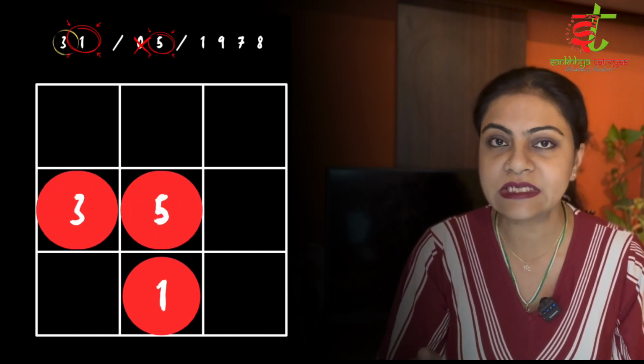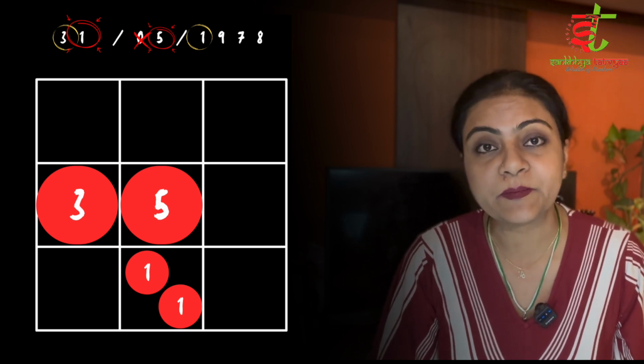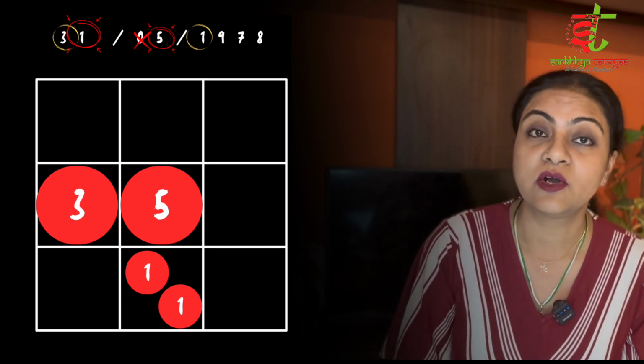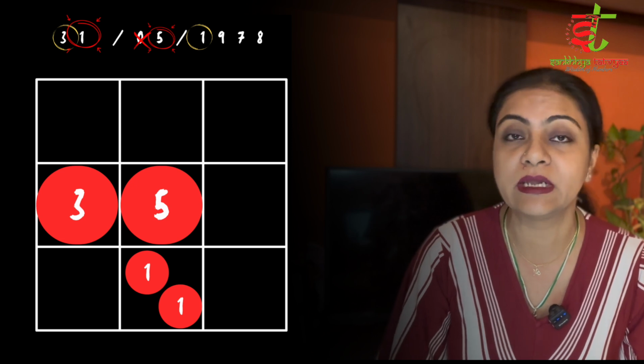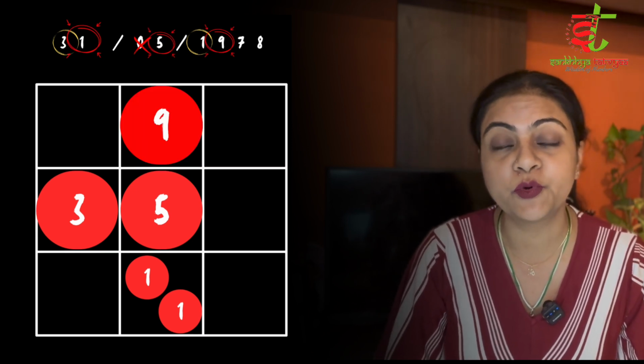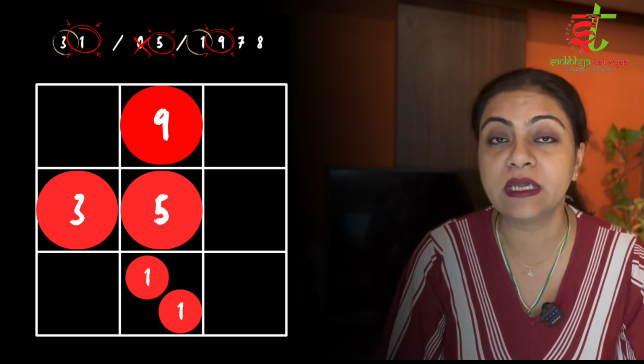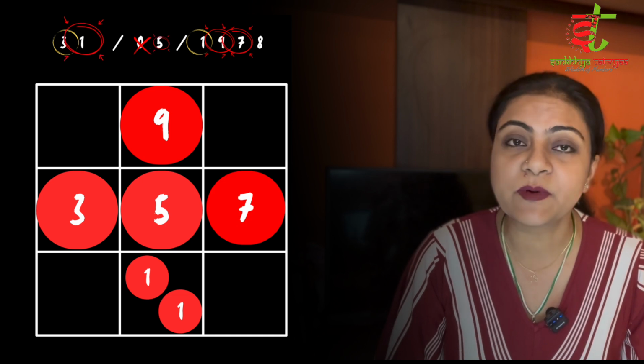Okay. So the next number is 1978, which is the YYYY. 1 I have already placed. You go and place 1 at the same place, which is the last horizontal row and in the middle. Now the number 9 comes. 9 you have to place on the first horizontal row and in the middle. Next number is 7. 7 you have to put on the last vertical column and in the middle. It's all as per the Loshu grid.